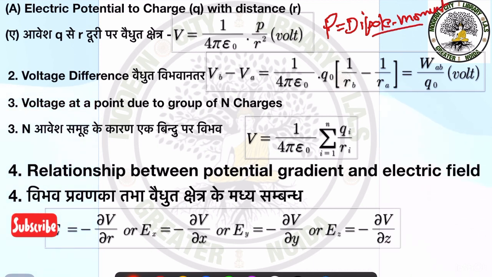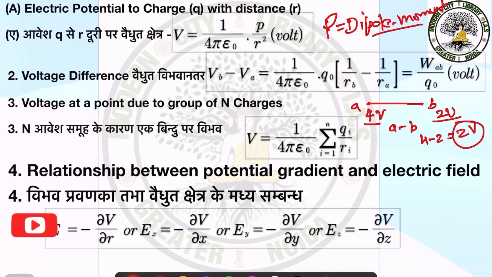And next, voltage difference. What is the voltage difference between 2 points? Here is one point A and a second point B. Now what is the difference of voltage between them? Let us see. At point A, the voltage is 4 volt. At point B, the voltage is 2 volt. The difference between the 2 points is A minus B, 4 minus 2, which is equal to 2 volt.